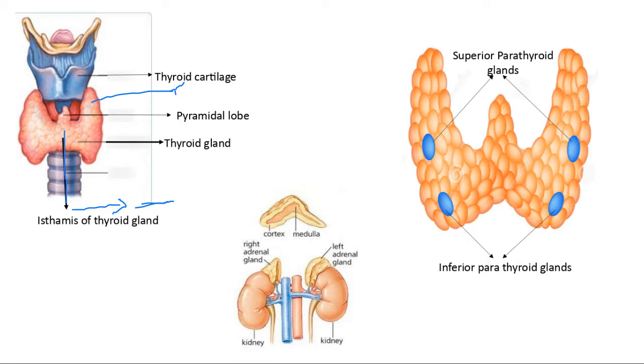And then here, what are these? These are the suprarenal glands. And then we will give only this. Identify this. What is this? The cortex of the suprarenal gland. And then what is the hormone secreted by this? Okay.